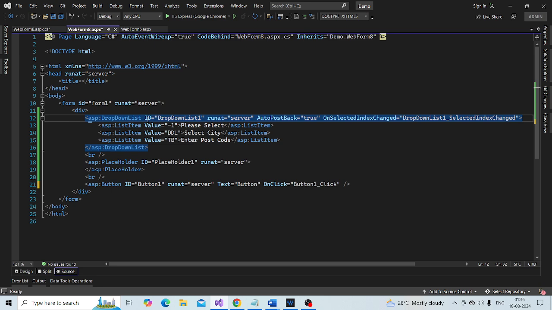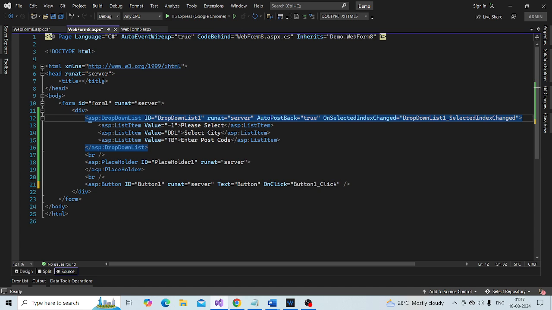Okay, but then I select any item within this drop down list that I have here at this point. What happens? Another request goes